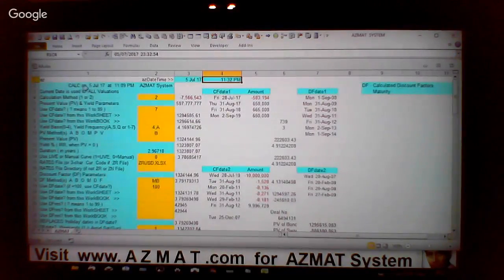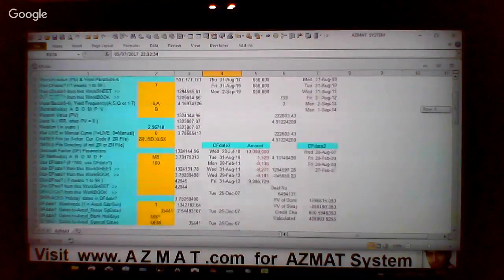Right, so if I just drop it down, you can see this, I've highlighted, this is all in blue, and the yellow bits in between. The yellow area is where I can change the information to provide the data, whereas the blue is where the results are entered by AZMAT System. For example, in this case, duration. Results are also entered in the yellow area as well as part of the AZMAT System